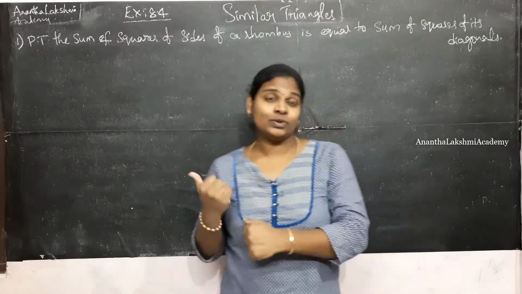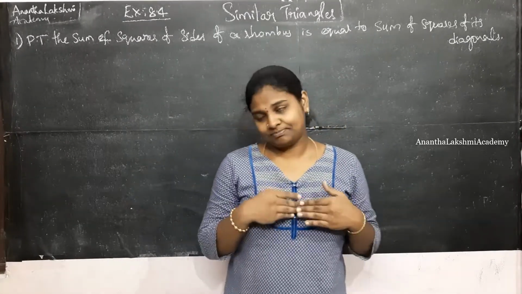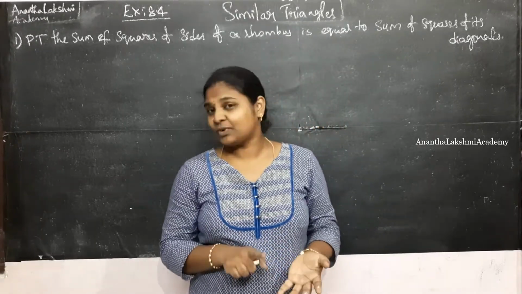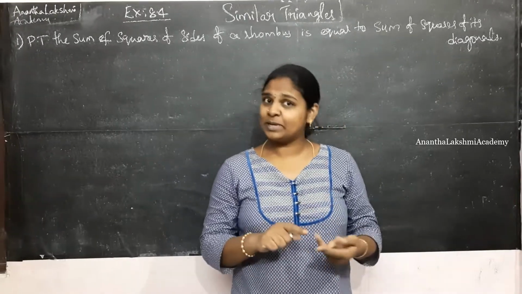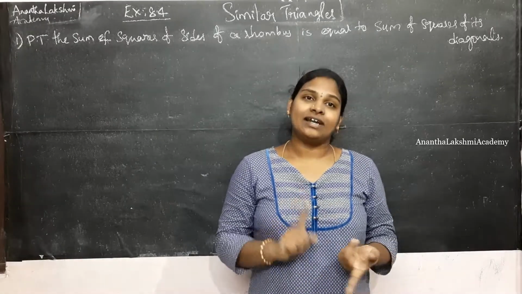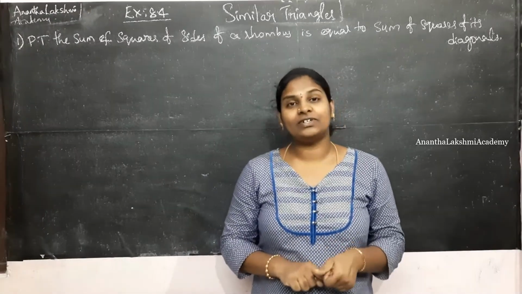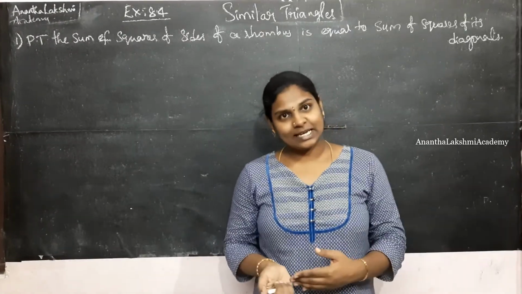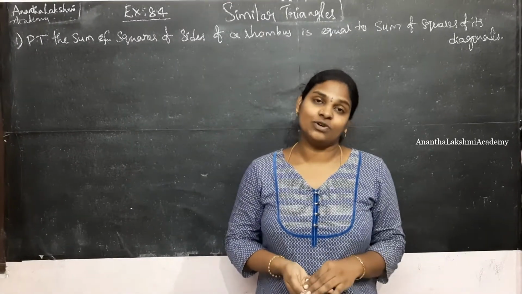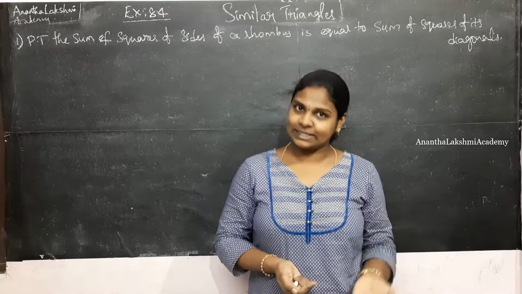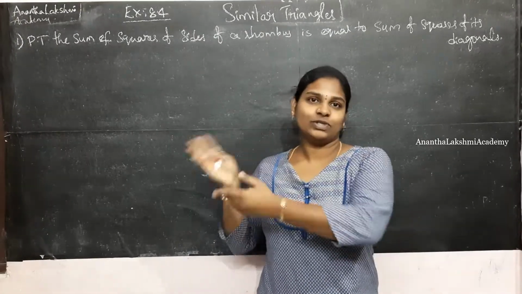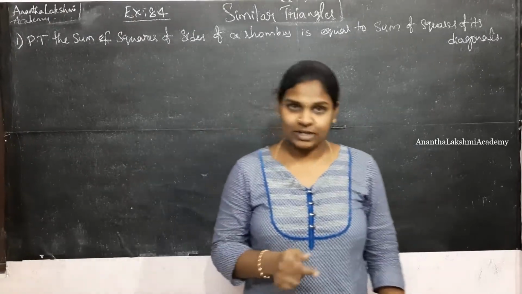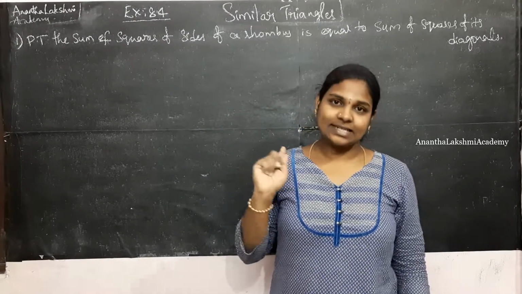Even before this we have had explanations of many theorems like the basic proportionality theorem, the converse of the basic proportionality theorem, followed by exercise 8.1, and similarity criteria for triangles like SSS, AAA, SAS, followed by exercise 8.2. Later on we had the concept of areas of similar triangles, followed by exercise 8.3, and just before this video we had the Pythagoras theorem and the converse of the Pythagoras theorem, and now we are into exercise 8.4.